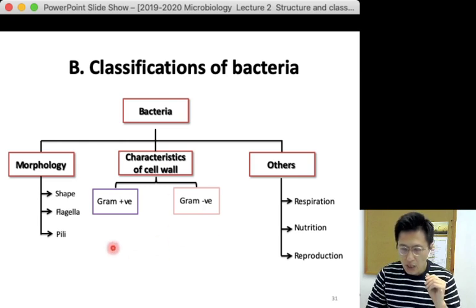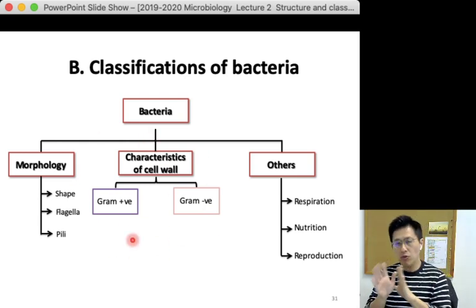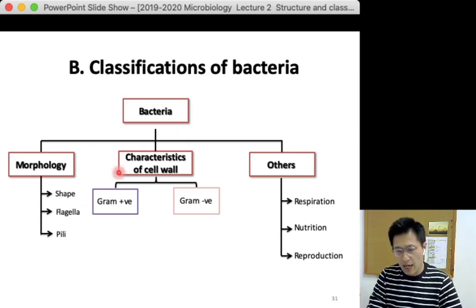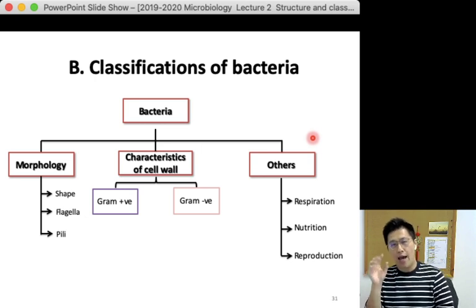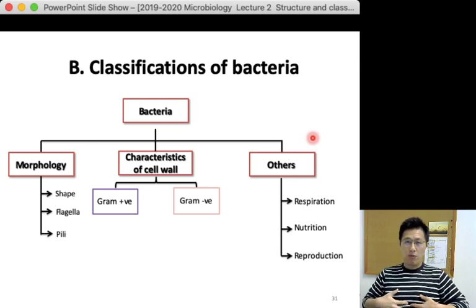And the second one is gram-positive. This is a big part. Most microbiologists use the gram staining method to classify bacteria into positive and negative types by looking at the characteristics of the cell wall. And third, by looking at their habitats, the respiration. Some bacteria need to live in the absence of oxygen, but some bacteria, for example E. coli,